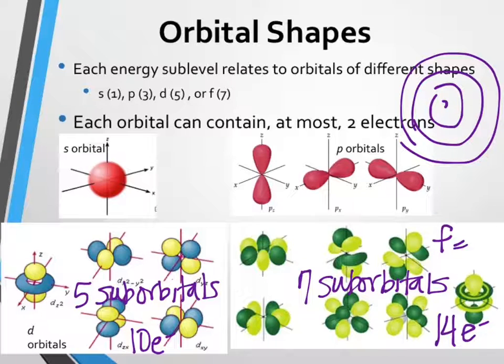See that? That's the s orbital, and it's inside the s orbital, the sphere. It can hold 2 electrons. s, p, d, f are broken apart into further suborbitals, making 7 for f, and they can carry 2 electrons each. How would you draw the d orbital? You don't have to draw it. I'm not going to say which orbital is this. If I say which orbital is this, and you see 5 of them, you'd go d. Or if I gave you all the shapes of f, which I think of as a flower.